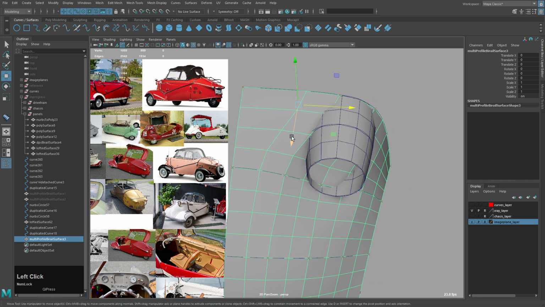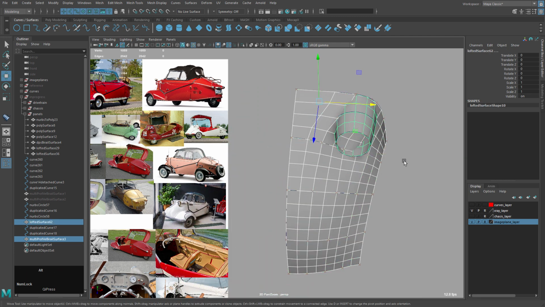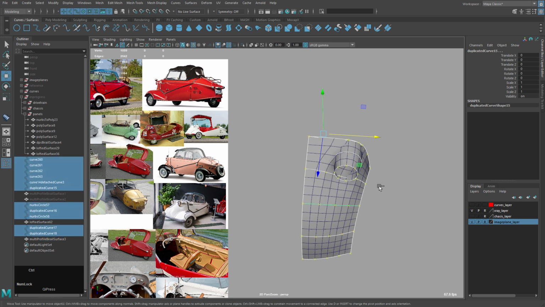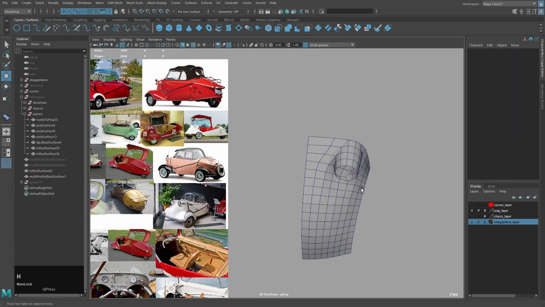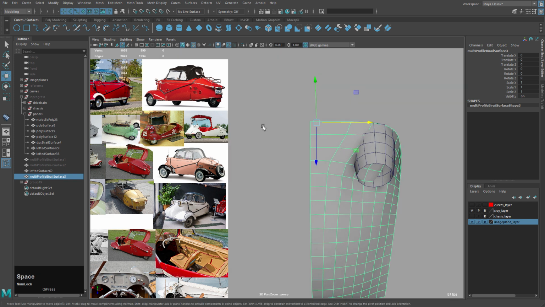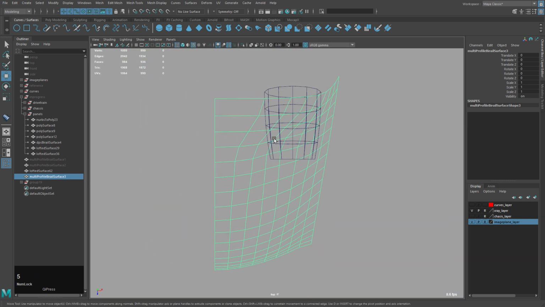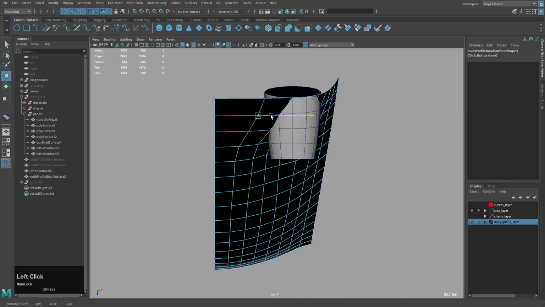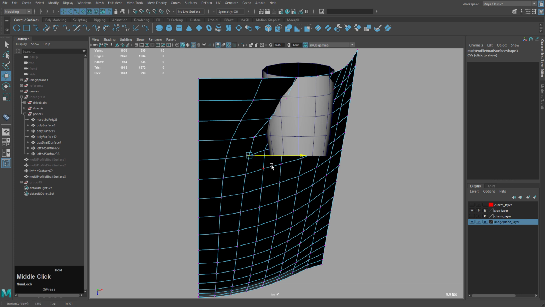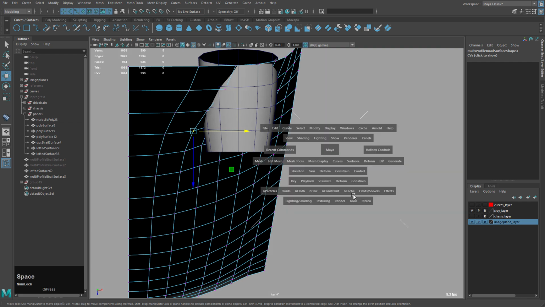Shift Alt D, clear history, and I'm going to hide all of these curves because they're kind of in the way. So just group it and hide the group. Then I want to just go from the top view and just kind of visually adjust these. So I'm just going to try and make these curves smoother. Usually I find if I do that, things just start to kind of fall into place.